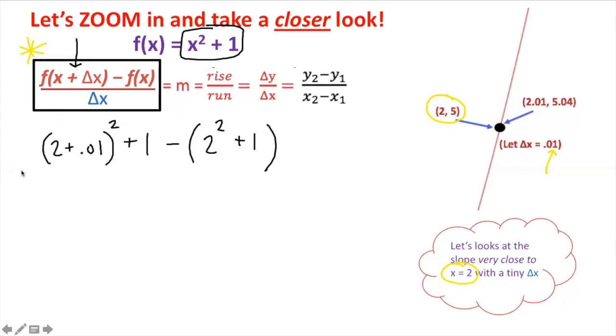Got it? All over delta x, this small change of 0.01. Now we have 2 plus 0.01 squared, so we're going to evaluate that. 2 plus 0.01 squared is 2.01 squared, which is